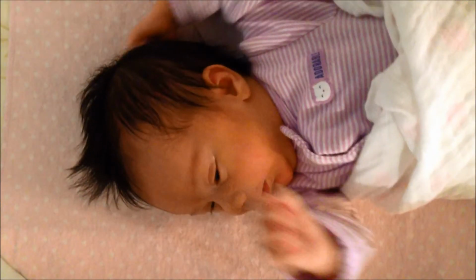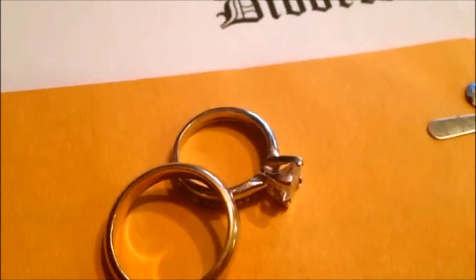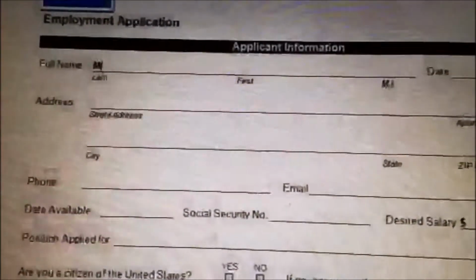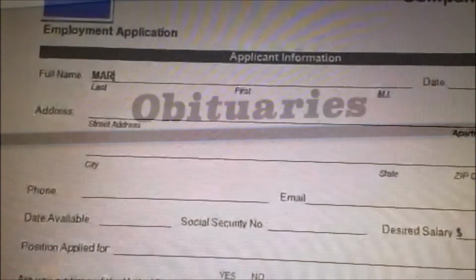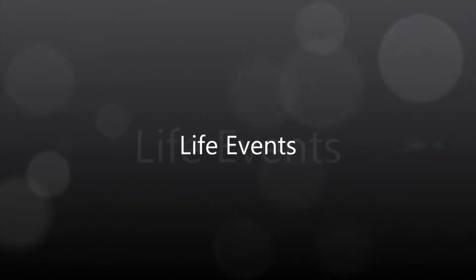Life events like pregnancy, a change in sleeping habits, a gain in a new family member, marriage or divorce, starting a new program or school, finding a new job after losing a job, and death of a close friend or family member. Life events on the scale include the following.